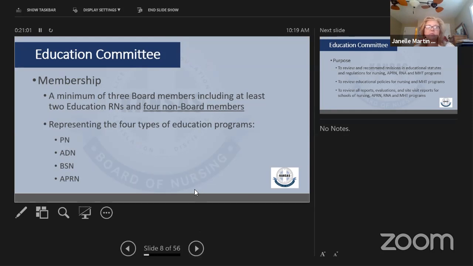When those positions come open, I've told you that for the board, the governor appoints those. In terms of the non-board members on the education committee, those are chosen by the executive committee and our executive administrator. So usually when we have an opening that's come up or becomes available, we put a form out on the website, and we usually try to let everybody know when there's an available spot. Then those forms are filled out and sent to the KSBN office. I have had some questions from folks about how you get involved with the board and the board committees, so that would be the way to do that.